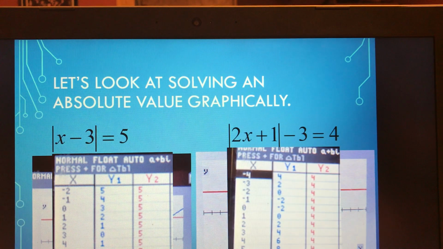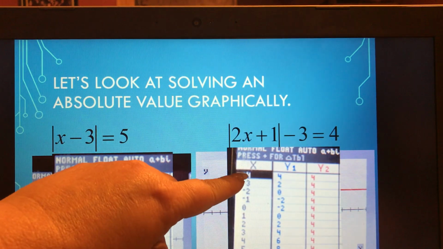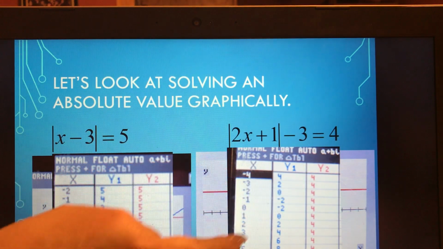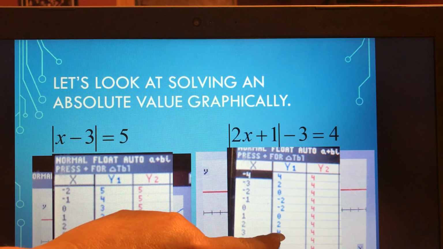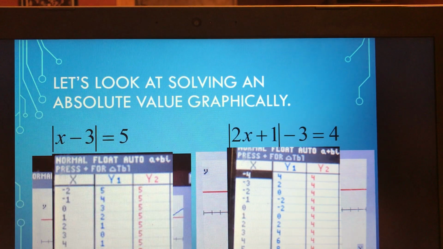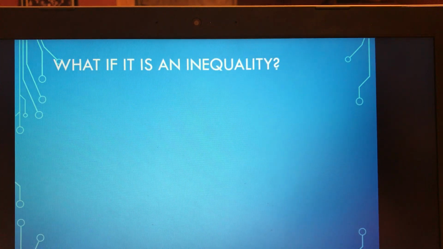I'm going to check the table to make sure. At negative 4, we have 4 and 4, and at positive 3, 4 and 4. Negative 4 and 3 were the two solutions that you found by solving that absolute value equation algebraically. Pretty cool. All right, now what we're going to do today is extend that and learn,